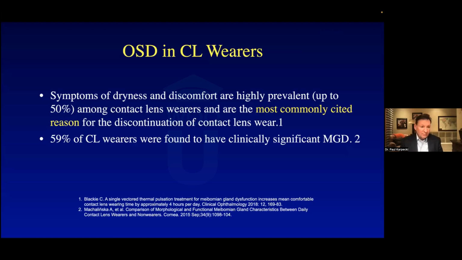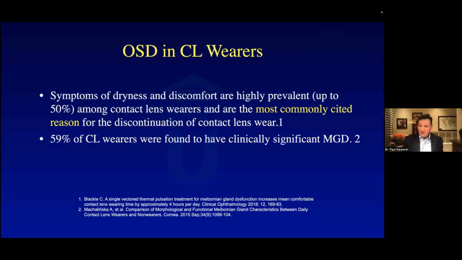I know a lot of people in everyday practice, which is the title I was given, survival guide in ocular surface disease for everyday practice, aren't going to be expressing glands. But I do want to encourage you to, because 72 to 78% of patients have what's called non-obvious meibomian gland dysfunction, meaning some have caps, some have other things, but the 72 to 78% do not have any signs unless you press on the oil glands.